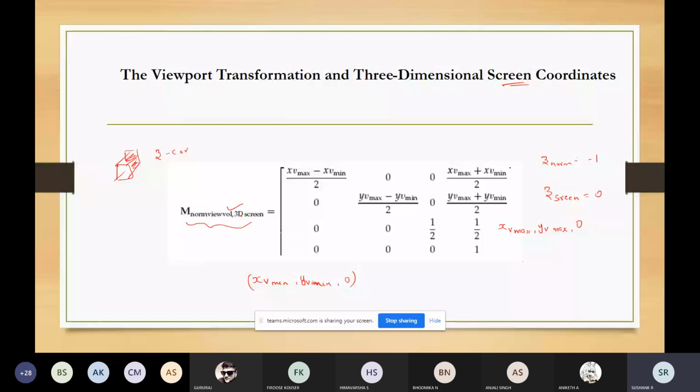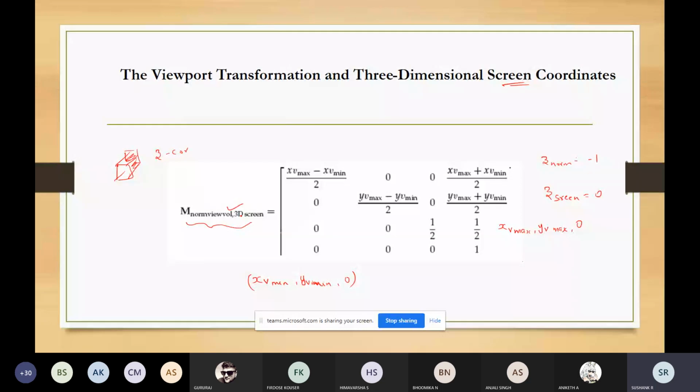So this is regarding the viewport transformation with respect to the 3D screen coordinate system. One thing about the normalized value: for the symmetric case it is always in the range of -1 to 1. When it is not symmetric, we have two kinds of normalized range, one from 0 to 1, or the other from -1 to 1. That is how it is decided.